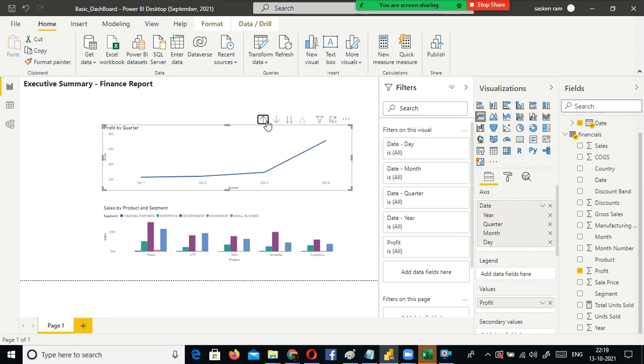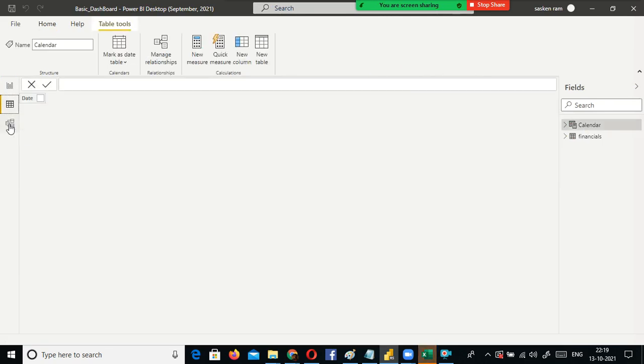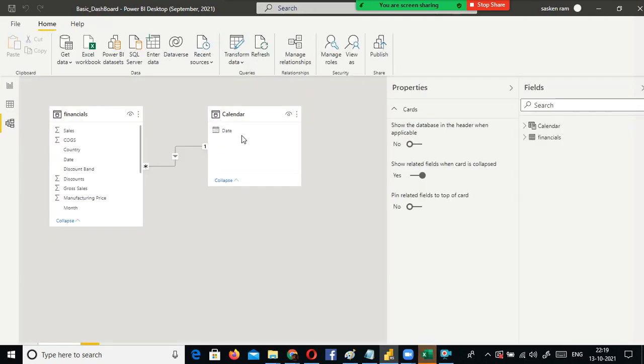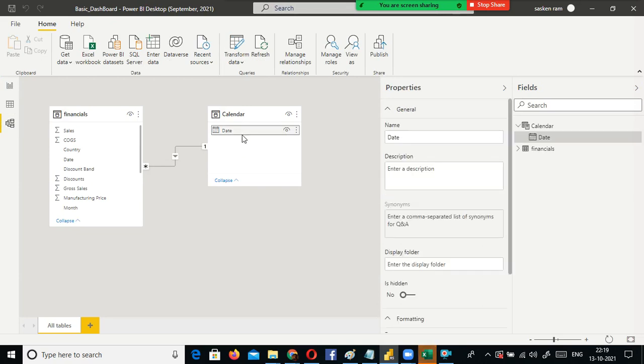So this is what drill up, drill down, and all these things. Okay. And if you click here, you will find the data for this one. Here I used only one Excel sheet. This is the one where I created the calendar. In this case, I created a new measure. We have some new measures.